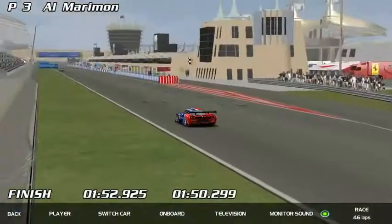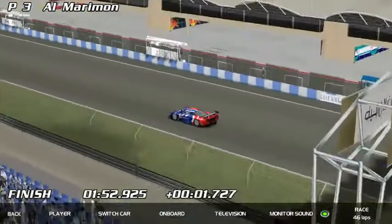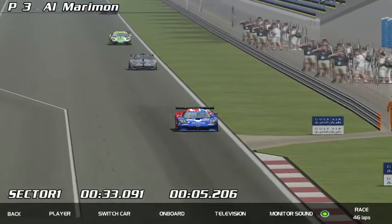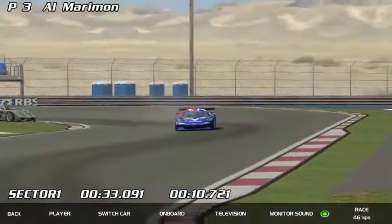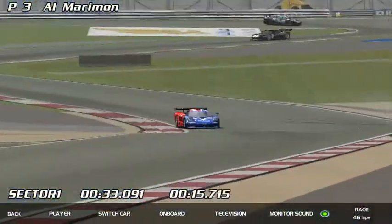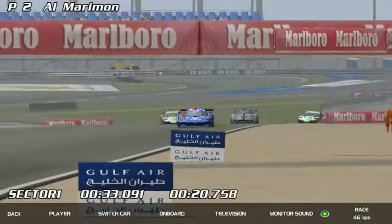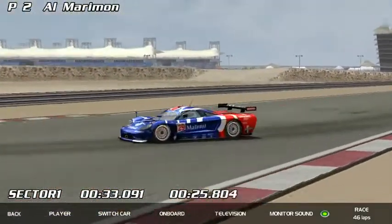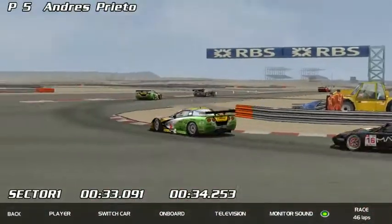I was about to say before we spoke about Chris that Al Merriman seems to be making slight inroads to Andres Prado's position. Yeah, but you know what? We've got Parsons, Maris, and Poole closing that gap too. So, you know, it is quickly going to end up being a four-way battle for the podium. And we could end up with 5 cars going for P2. Well, we're starting to see that as Poole, Maris, Prado